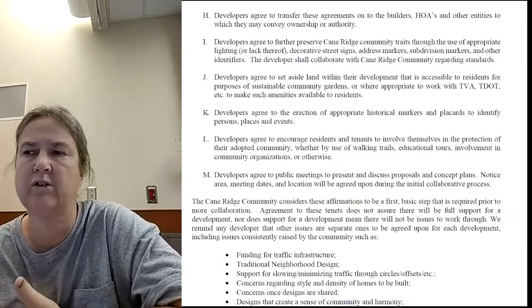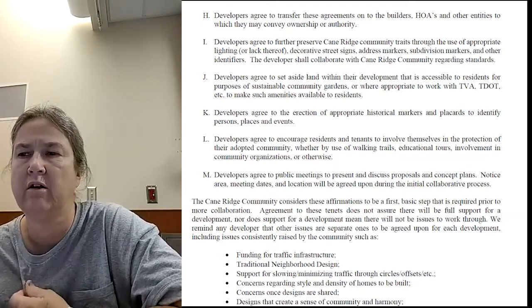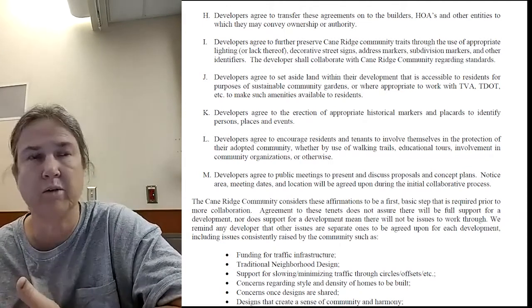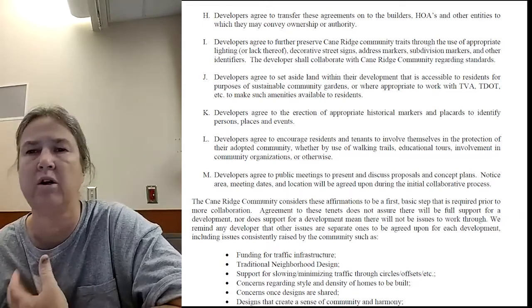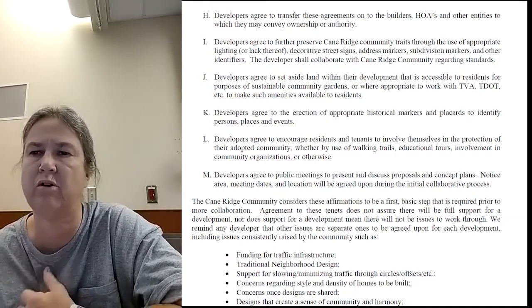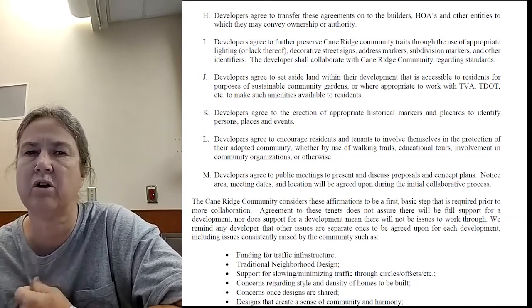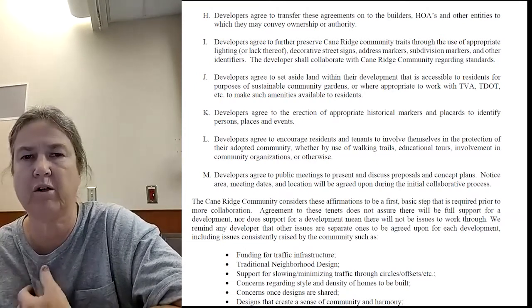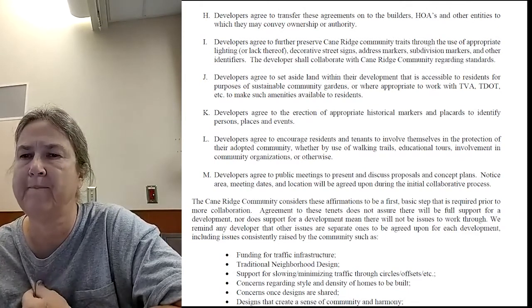And it's all about communication and letting them know that you're welcome into the community. We're so glad to have you. Here's some things you might want to know about the community. We'd love to have you at meetings, and so on and so forth. So just encouraging them to really take up their community and become part of it.